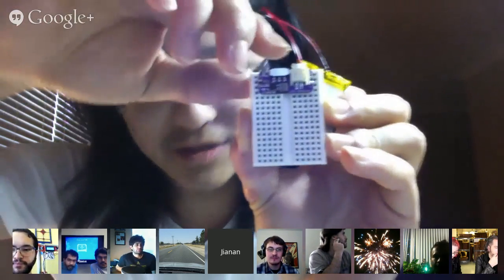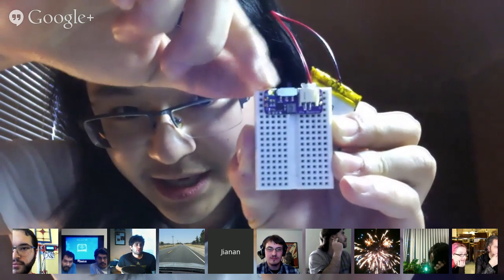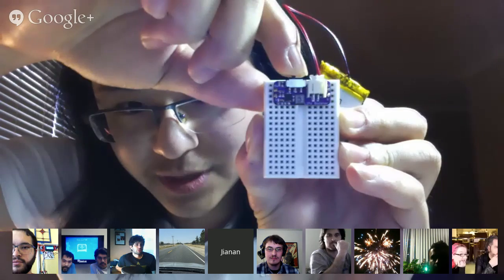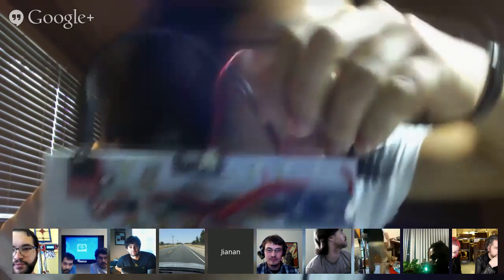So here I can actually turn it on. There's a switch there, and there's an indicating LED. I designed it to be very breadboard friendly. You can either mount it this way when you have a tiny breadboard, or if you have a bigger breadboard, you can just plug it directly into the power rail, like on the top. That's cool. That's nice. So just to demonstrate this, I just plug it in here, and if I turn it on,